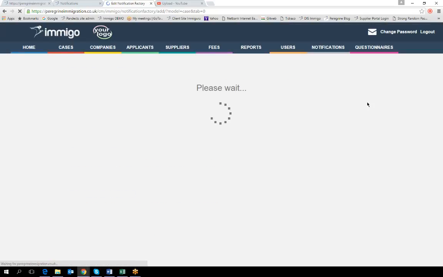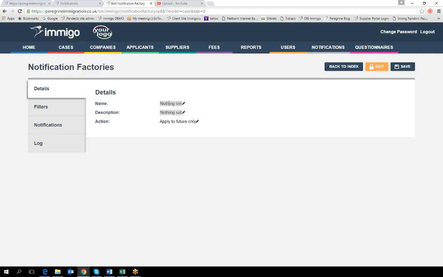I'm going to go in here. And then I need to give my notification factory a name. I'm going to say ABC cases. I can add in a description over here. I don't have to. So the name is compulsory. The description is optional. It just makes it a little bit easier to see what you're talking about when you look at that initial table. And then over here in actions,